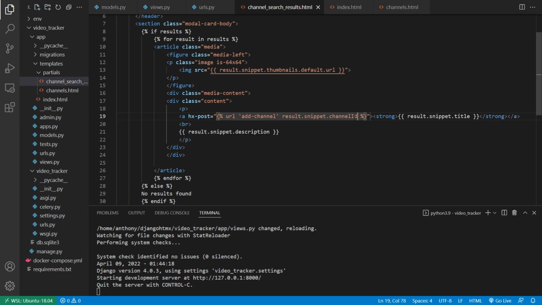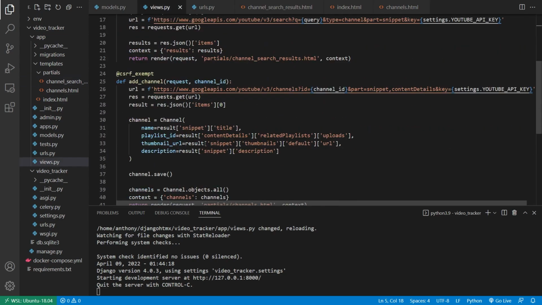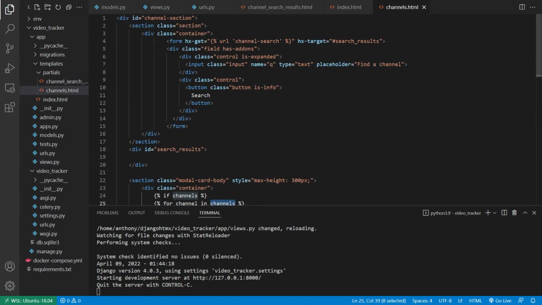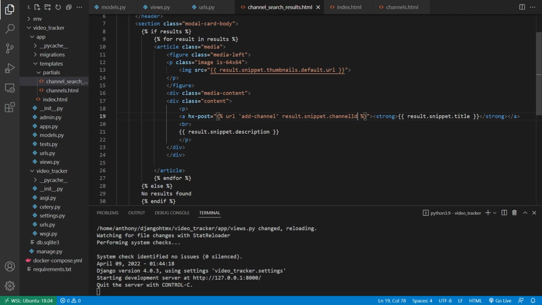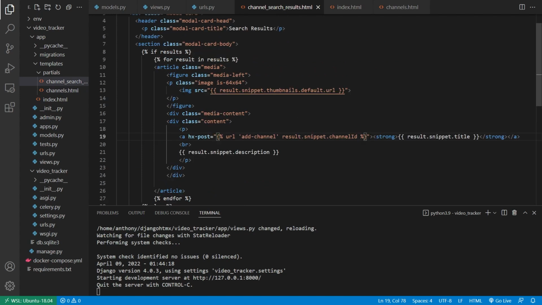So before I can finish this, I need to set a target for the results, right? So the results of this, let's see, views, it's going to return channels here. So I want to basically replace this channel section. So let me just copy the ID with the results from the view. So I'll go to search results, and I need to put this target somewhere. So I could put target here. So hx-target equals channel-section, but because this is in a loop, it's going to just generate this over